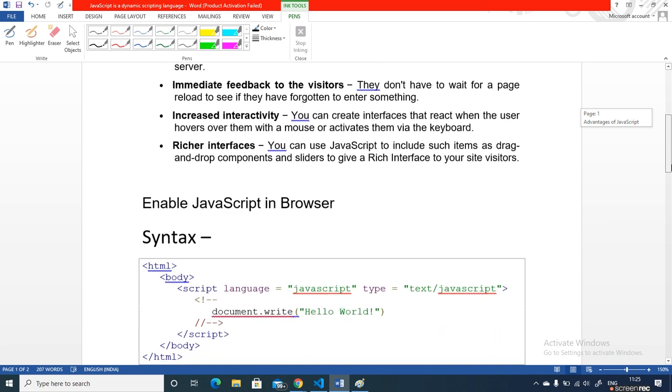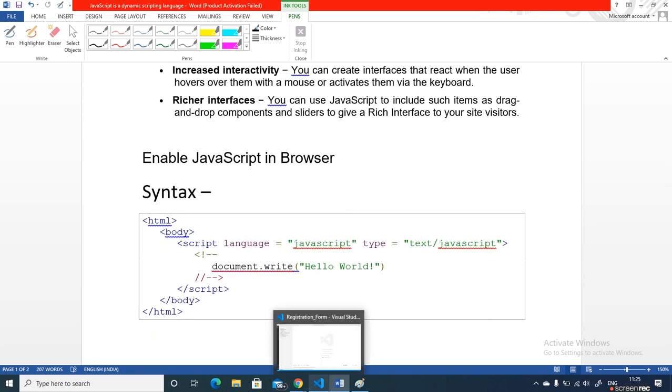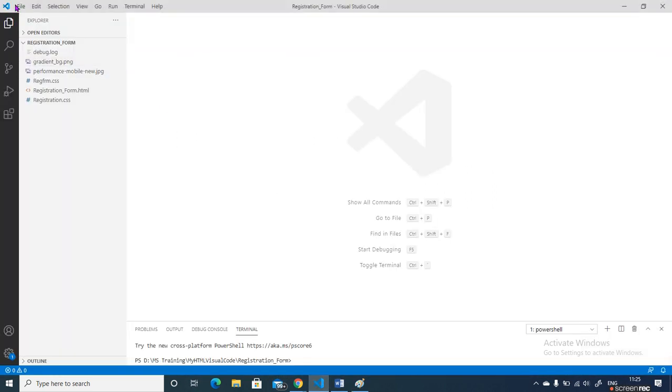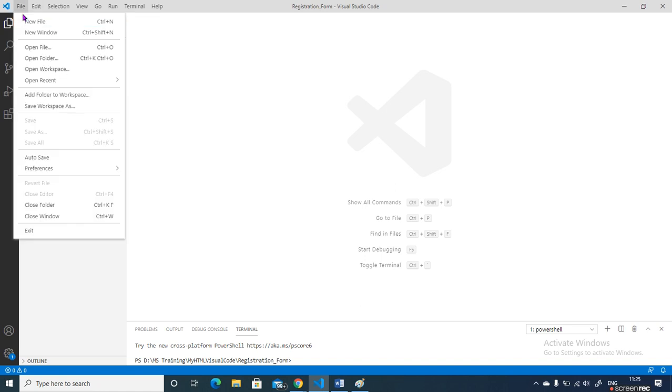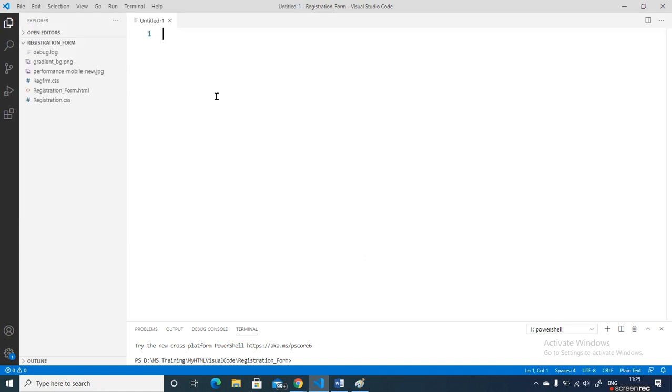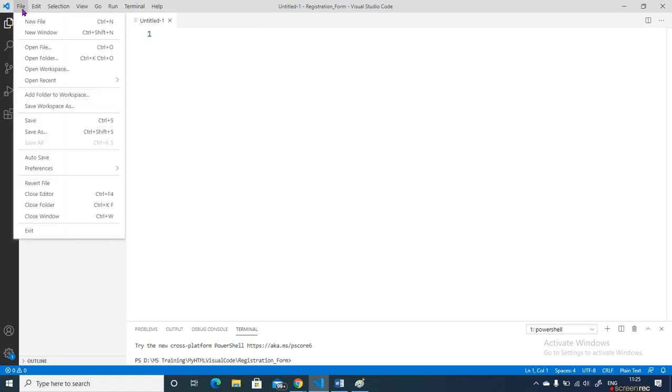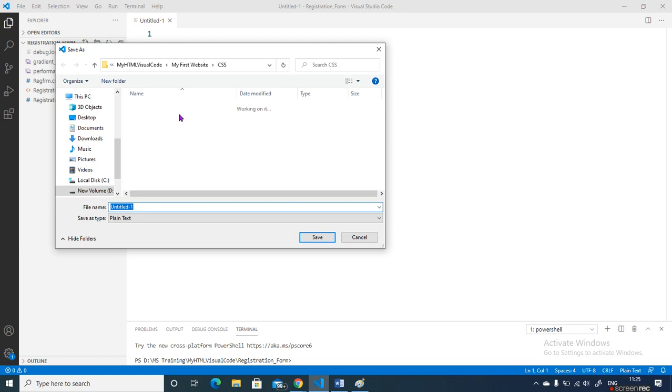I will quickly show you one example, then you will understand what exactly JavaScript is and how it works. For JavaScript, we need to click here, new. We add our JavaScript in our HTML page only. So I save this page, file, save, as first JavaScript HTML, and I save it.